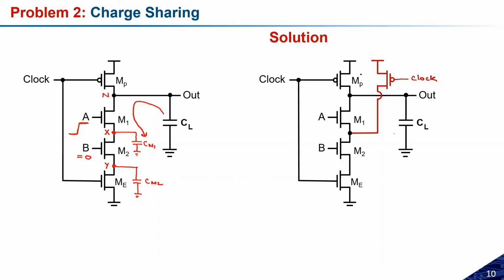Yes, please. And sir, there may be some more problems, like if there are many inputs like A, B, C, D, three or four inputs, then we will need n number of keeper transistors. This is the problem. And there will be internal voltage also, so noise margin problems also. Yes, this is the problem. So all these problems I will discuss mathematically tomorrow, so that you will be able to understand how it is affecting the noise margin and the leakage problem.